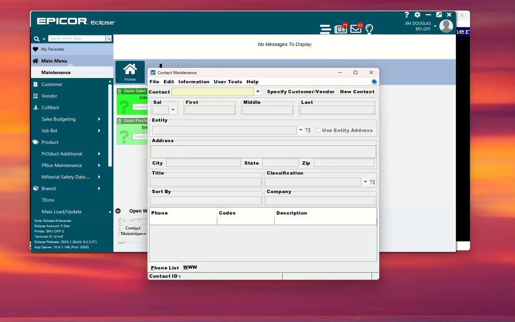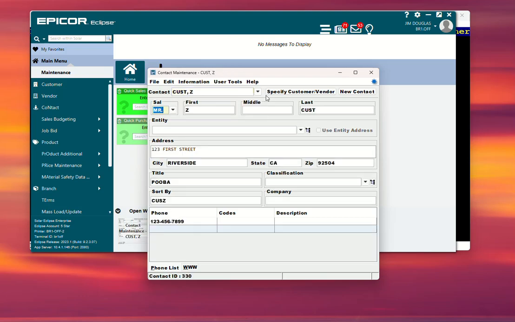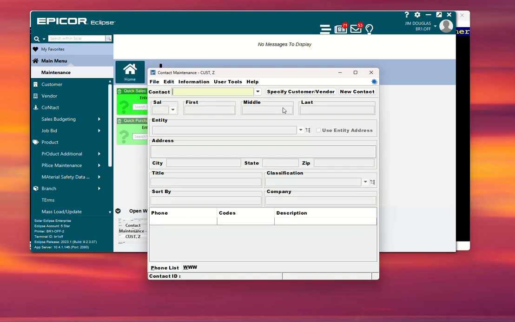For example, for an imaginary customer, I have created this record here. And this is a contact, but it's completely not connected to any particular company or customer or vendor record. You can tell that by the fact that the entity field is blank and the company field is blank. But in the case of a different one, like, well, me, for instance,